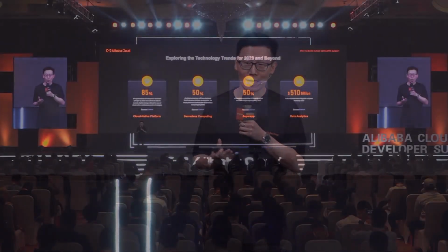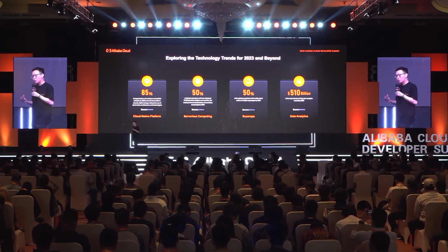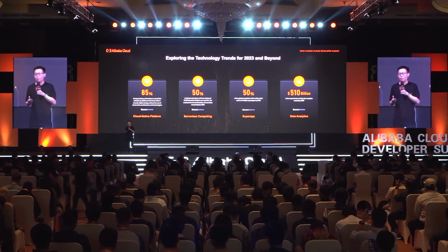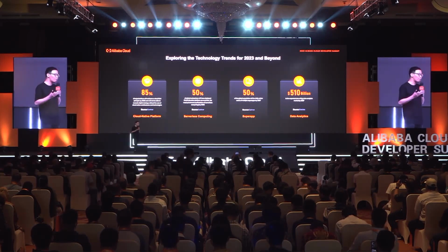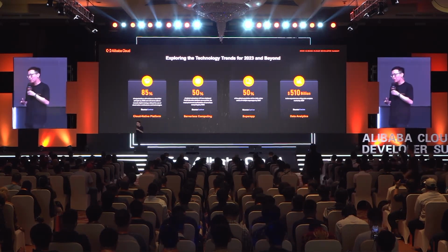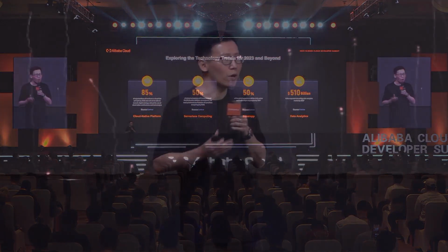So here are some of the latest cloud technology trends that we observe in this upcoming year. The first one is cloud native. It's no surprise that cloud native is becoming more and more important in every company. In fact, according to third-party analysts such as Gartner, eventually 85% of companies will adopt cloud in some way in their IT strategy. Regardless of single cloud or multi-cloud, it will become more and more important that